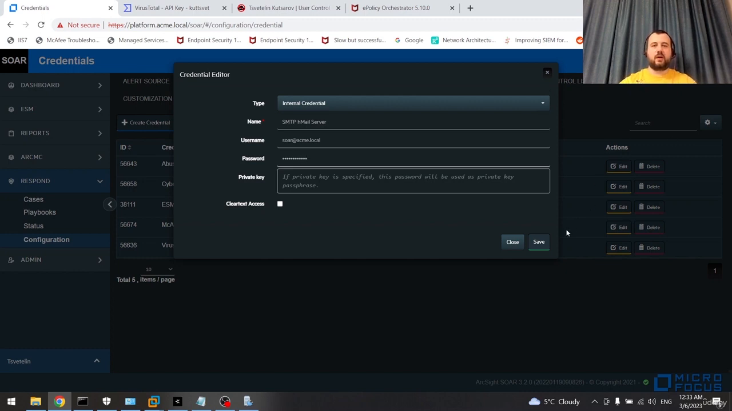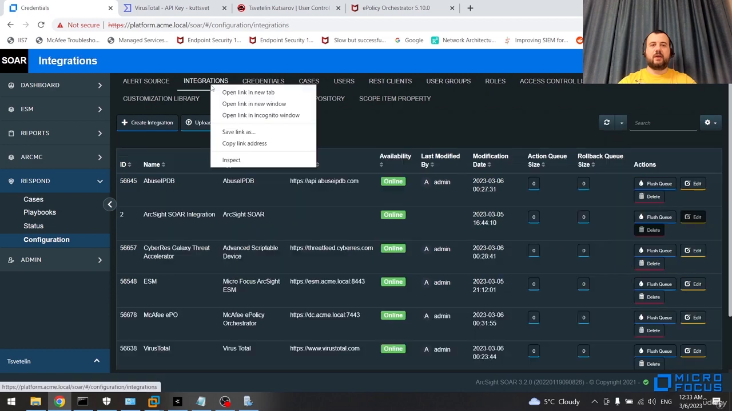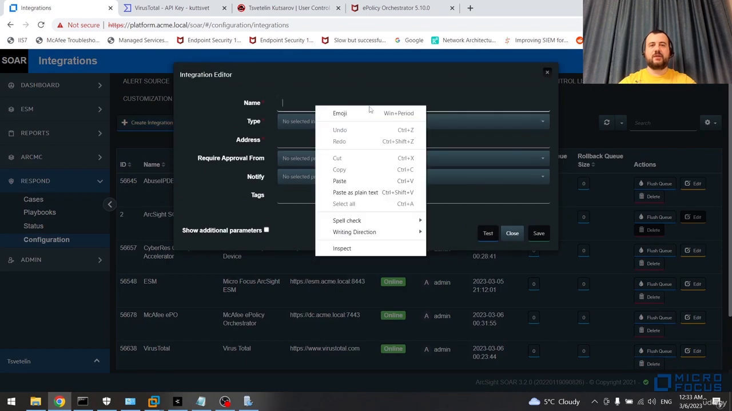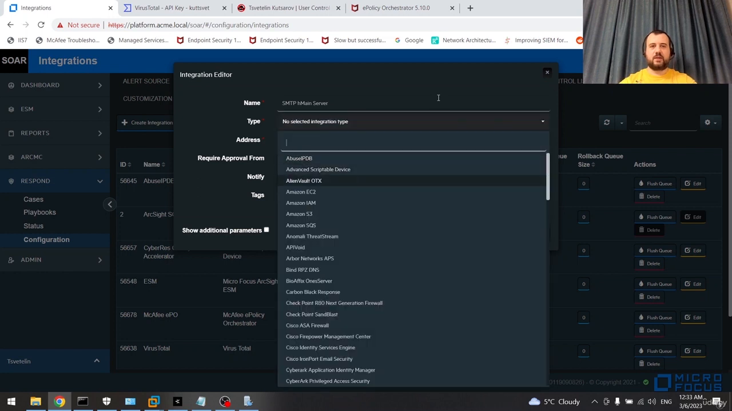Okay, for SOAR. Let's save. And basically here is the newly created credential. Now let's go under integrations. Let's click on create a new integration. Let's say SMTP HMail server. And now let's select from the type